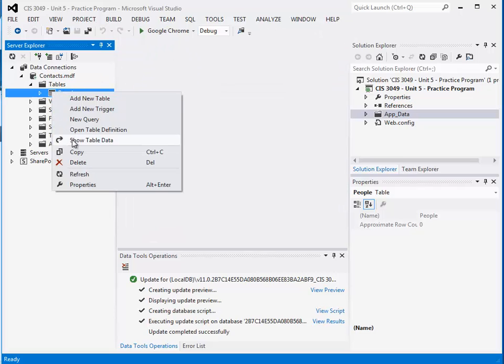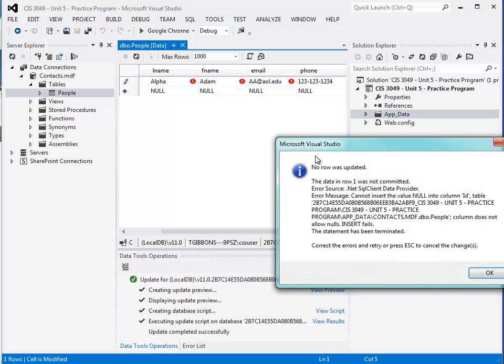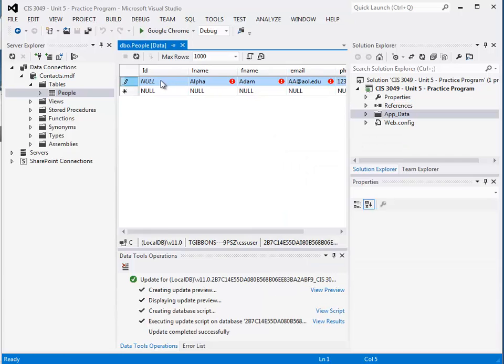Now I can actually show the table data and add a person to this. So let's add a person to this. Okay, so we just type in a name here, Alpha, Adam, at aol.edu. Make up some fake numbers here. Let's see, what is my issue here? I don't know, my add isn't working, and I'm remembering that I did not go back and